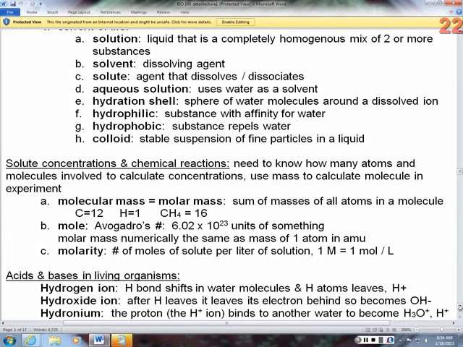So when you look at the periodic table, you can look at your molecular mass or molar mass, and that's going to be the sum of all the masses in the atom or a molecule. So when you're looking on there and it says your atomic weight, we talked about where you find that on your periodic table,